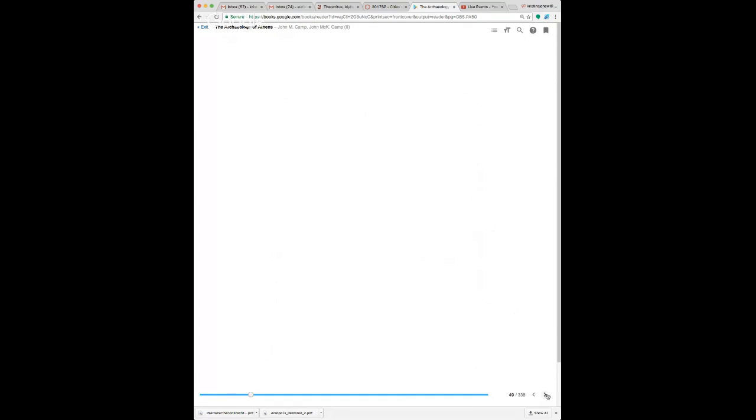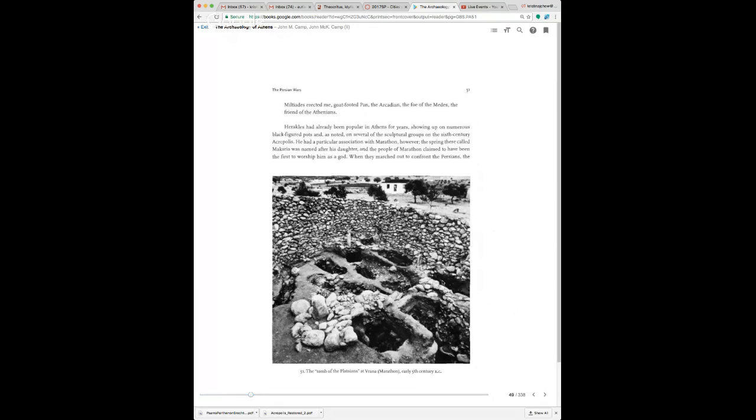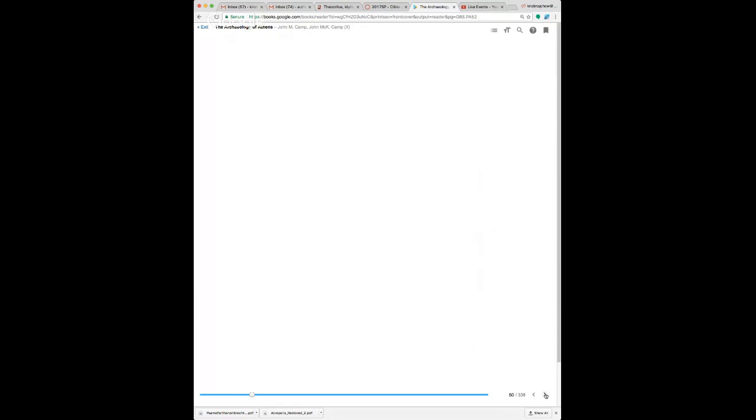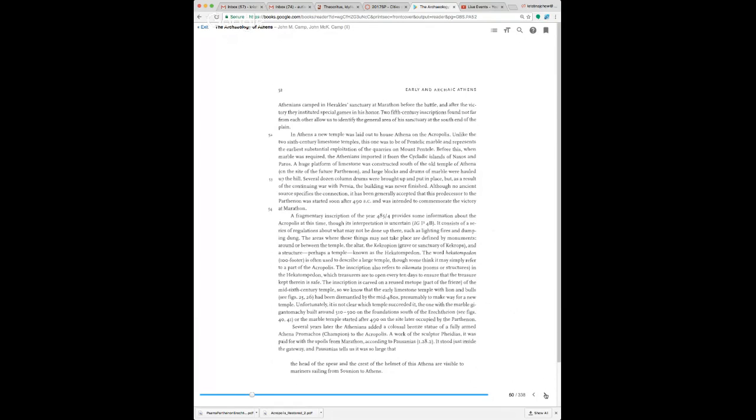And so much of this chapter, this is possibly a grave for some of the allies who fought with the Athenians, the Plataeans, but it's not clear if it was. For one thing, the bodies that were found in this grave do not appear to be wounded. So that would suggest they weren't really fighting in that battle.